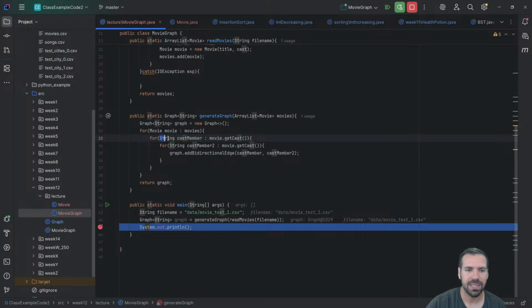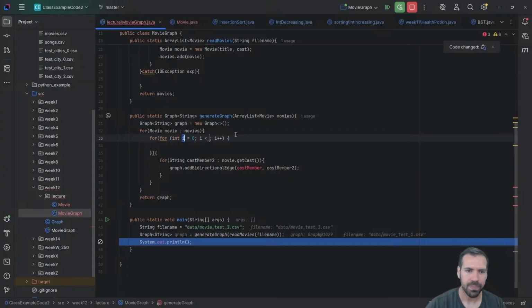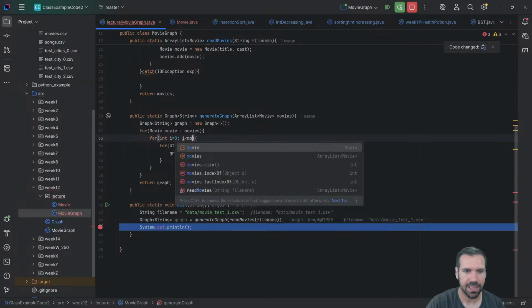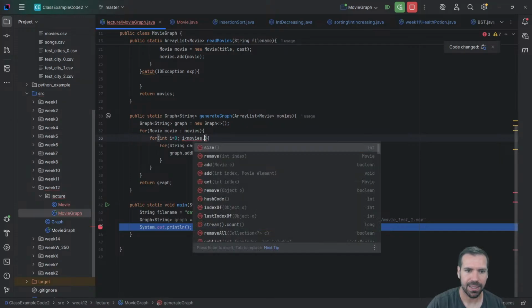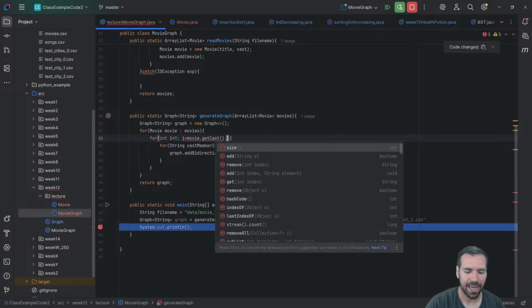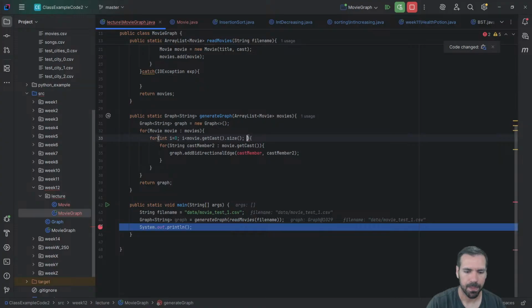What I want to do instead is iterate over the indices of the cast. So I'm going to say for, let me just type this out. Normally I already did my for int i equals 0, i less than movie dot get cast dot size, i plus plus, and then on my inner loop, so I'm going to iterate over the indices, but I want